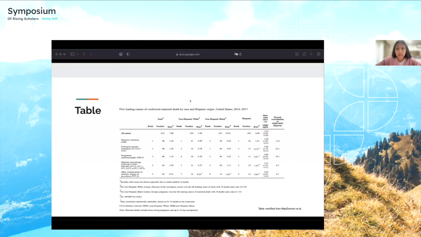So I know you can't see the numbers very well here, but this graph highlights the rates per 100,000 live births at which non-Hispanic white, non-Hispanic Black, and Hispanic women die from the previously mentioned complications. So here, maternal deaths is defined as from pregnancy up to 42 days postpartum. The very last column here shows how much each complication contributes to the disparity in percent. So at 22.1%, preeclampsia and eclampsia contribute the most.